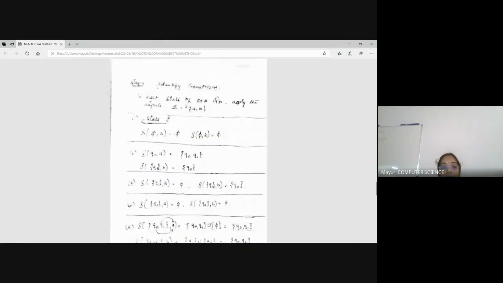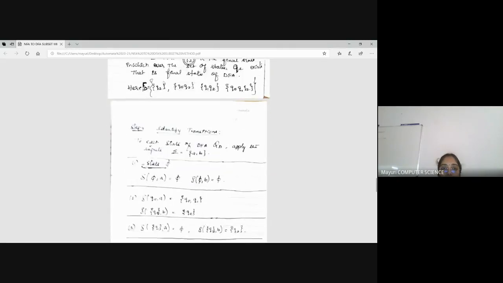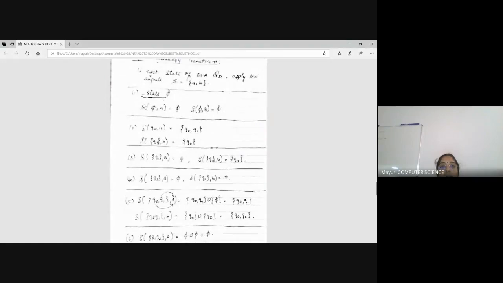Okay. So my first state is the null set, right? My first state is the null state. To the null state, whatever you give, it goes to the null state only. So I have to give both the inputs. I am applying the transition function phi comma A. It goes to the null state. Even for B, it goes to the null state. Null state means you cannot reach it; it is actually a dead state. We will remove all not reachable states at the end. Once we have constructed the transition function table, I'll tell you how to remove the not reachable states.